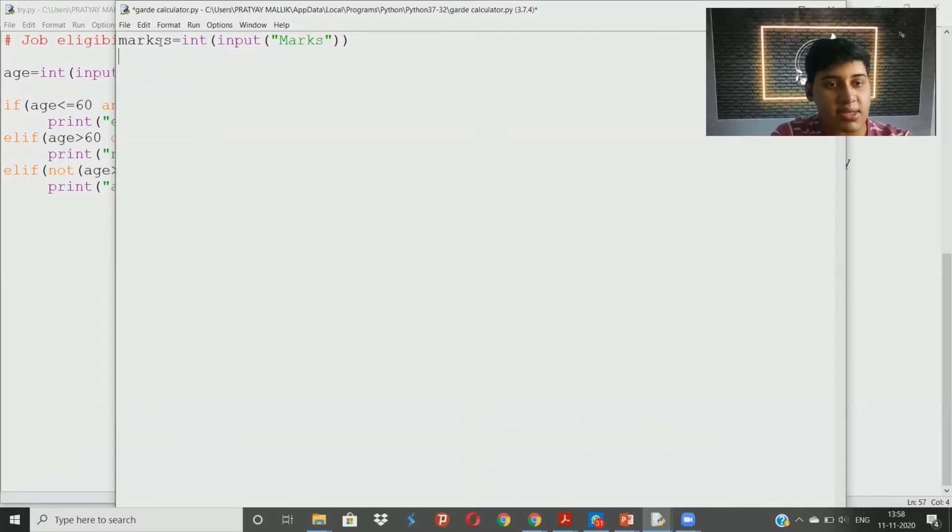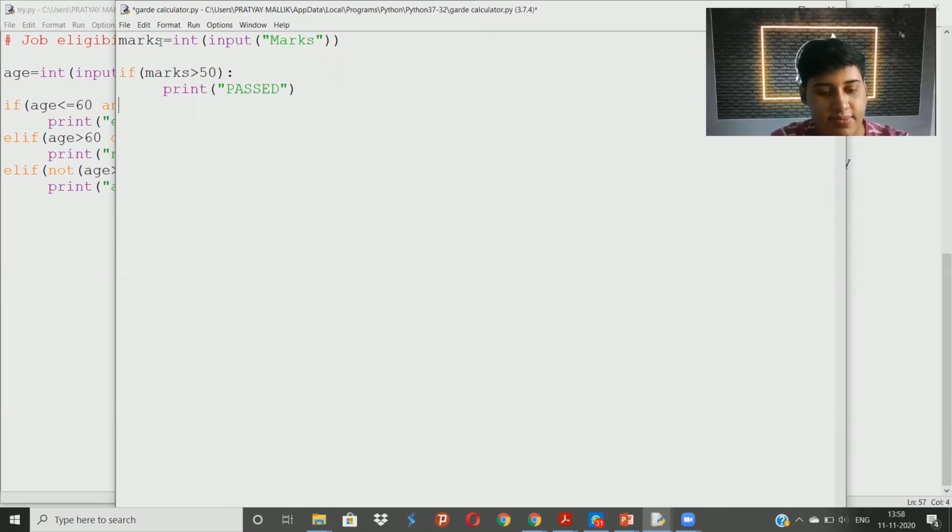It should be marks. Now if marks, making a spelling mistake, I think. Anyways, marks is greater than 50, print passed, else,